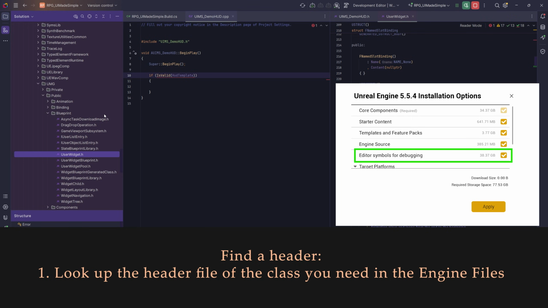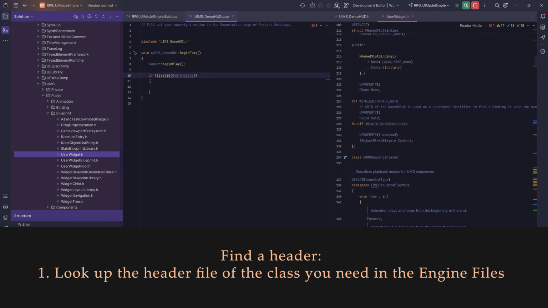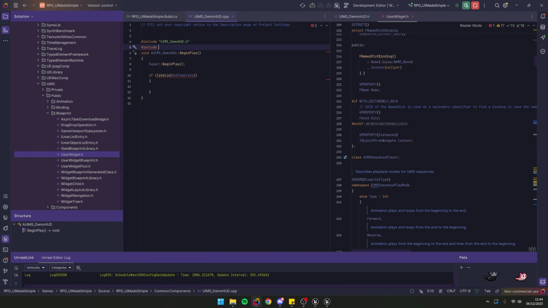I think it's called symbols for debugging, which takes another 30 or so gigabytes of space. But if you go to that file and find it in your hierarchy, you see that it's coming from UMG, which we have already included, and then Blueprint, and then UserWidget, which means we can type in include